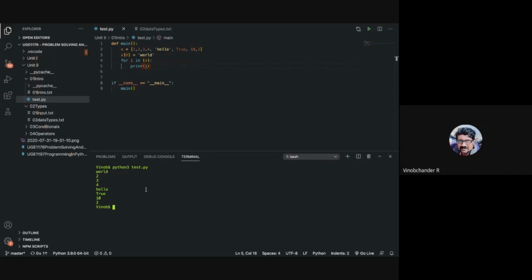Okay guys, so far so good. Yes, sir. Sir, what does enumerate do, sir? See, enumerate is a particular function that gives you the enumerated value of a particular list. When you say enumerated value of a particular list, it gives you the index position along with the values.